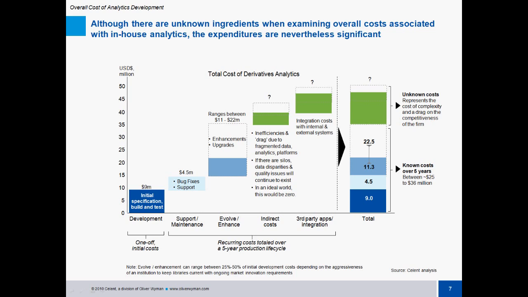The other unknown costs relate to things like systems integration of fragmented libraries, the alignment of front, middle, and back office analytics, and the time diversion of quants taken away from core research and design activities. These are all intangibles which are difficult to put a number on. So in fact, we believe that most organizations are largely unaware of how much they spend on analytics at a firm-wide level, especially if one considers indirect costs, inefficiencies, and integration expenditures.